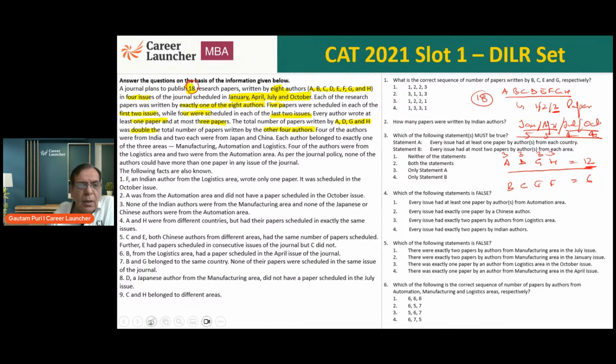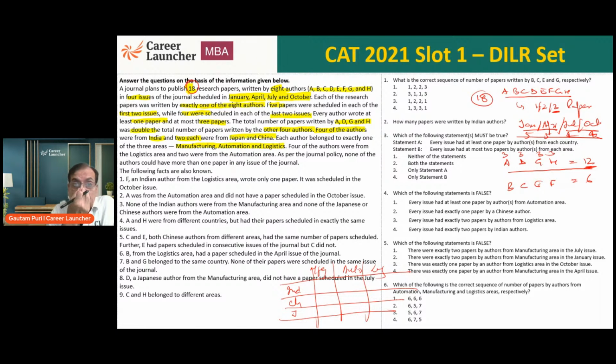Okay. What next? 4 of the authors are from India. So 4 authors from India and 2 each were from Japan and China. Each author belonged to exactly one of the 3 areas: manufacturing, logistics, and automation. So another thing: we have authors from India, China, Japan, and there are areas of manufacturing, automation, and logistics. So we will also most probably need to find out which author is from which country and